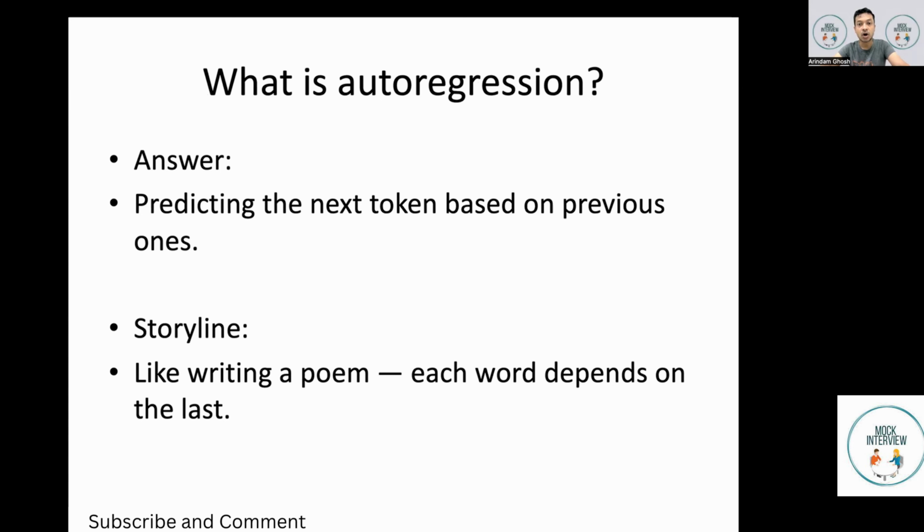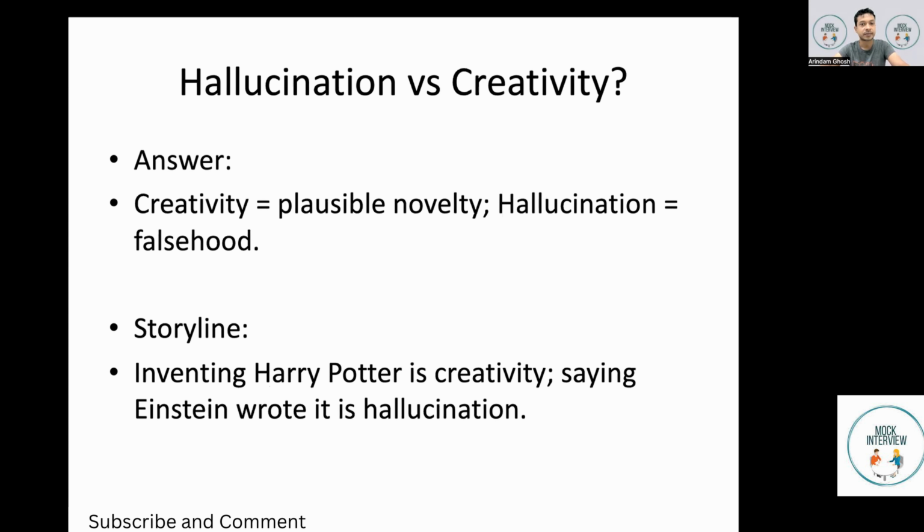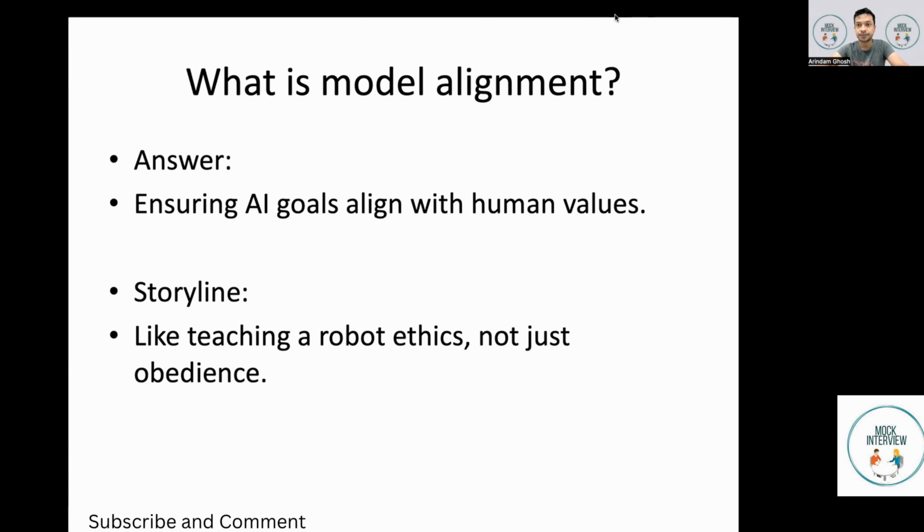Next question, what is autoregression? Answer, predicting the next token based on previous ones. Storyline, like writing a poem, each word depends on the last. Next question, hallucination versus creativity. Answer, creativity is plausible novelty, hallucination is falsehood. So storyline, inventing Harry Potter is creativity, and saying Einstein wrote it is hallucination. Great. Next question,